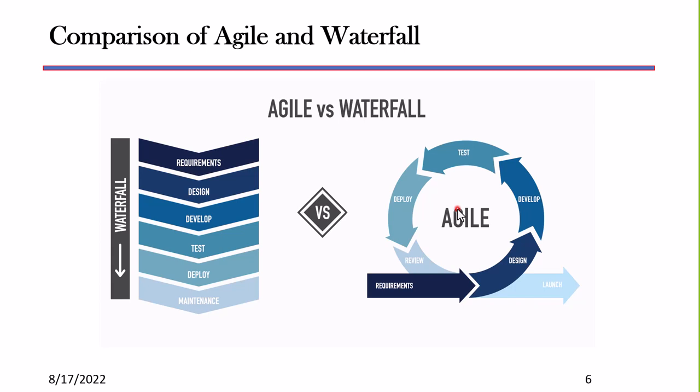And when I say that, what I'm talking about is a term that's called progressive elaboration. With progressive elaboration, we elaborate on those things that are near to us that we can plan in detail. And as we move into more depth in the project and we learn more about the project, then we will add more to the plan itself. And that is actually a type of Agile. So what we're going to focus on today